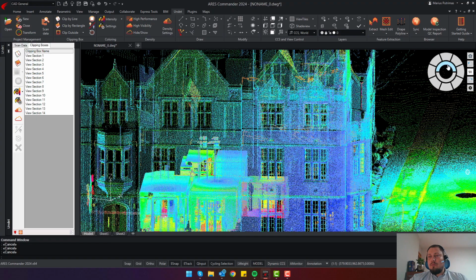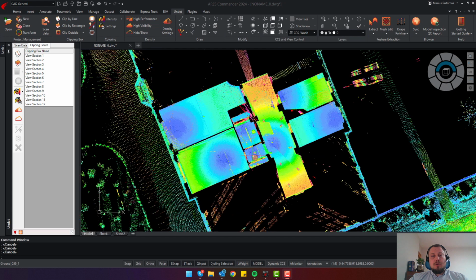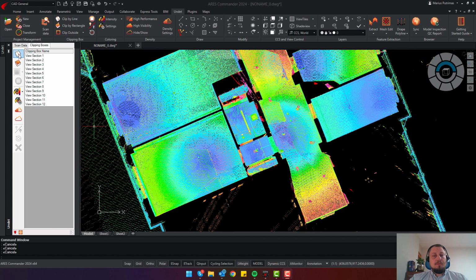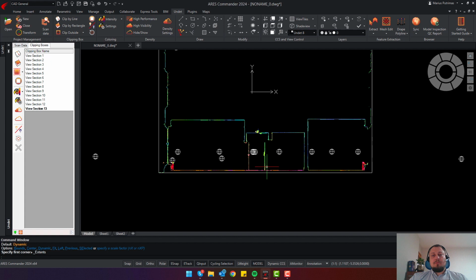Okay, so let's go back to the world coordinate system, deactivate, activate the point cloud, and go up. Also, it's worth mentioning that you can use this clip by line tool to make sections of a building. So just selecting the clip by line tool, you can enter the thickness, say 10 centimeters, select option UCS in view, A, and simply select where I want to make a section of the point cloud. Yeah. And as you can see,